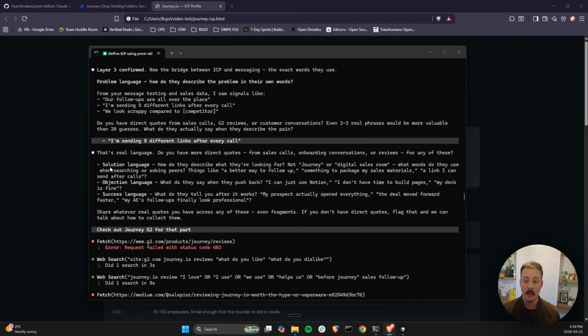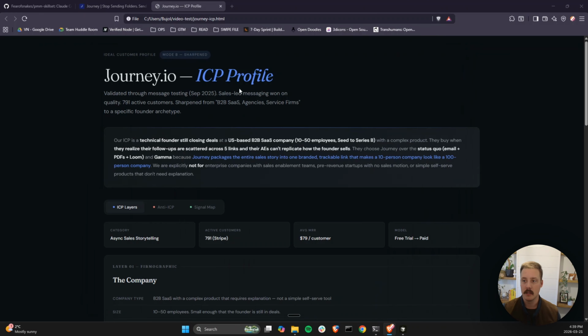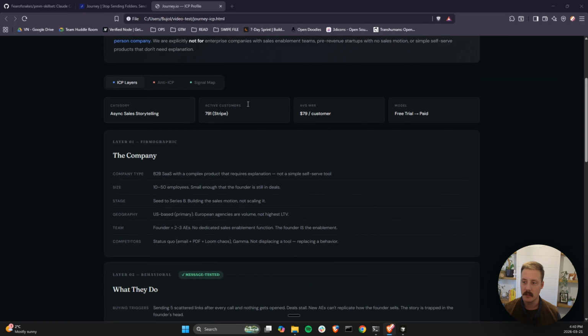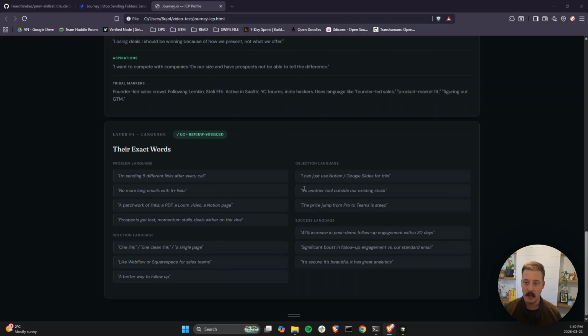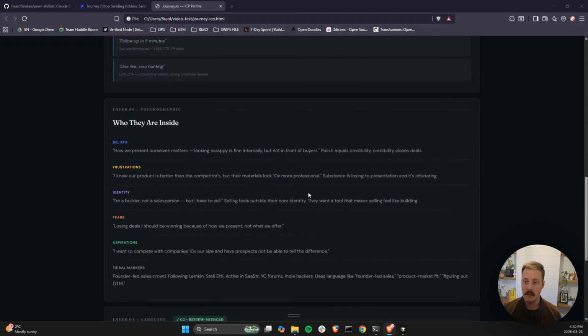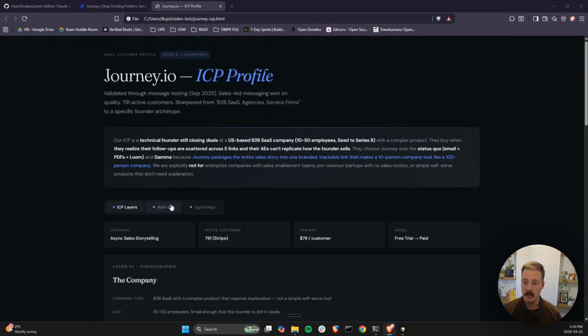It gave me a bunch of stuff, and then I also asked it to go on G2, but some sources are asking for email verification, so you won't be able to get it. So it's looking for alternative sources. And the cool part now, it's giving me this. So again, I asked, can you just create an HTML version? In that case, we got the mode, the ICP profile, we got the category, we got active customers, we got the layout, the different layers. So the company, what they do, who they are inside, those types of people, the exact words that they're using. And then we also have the